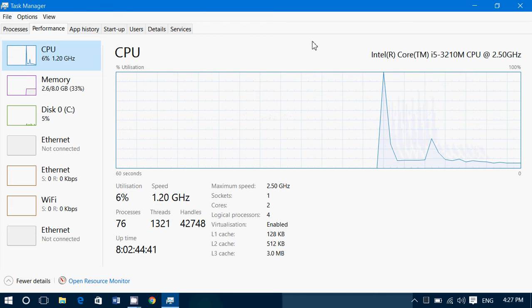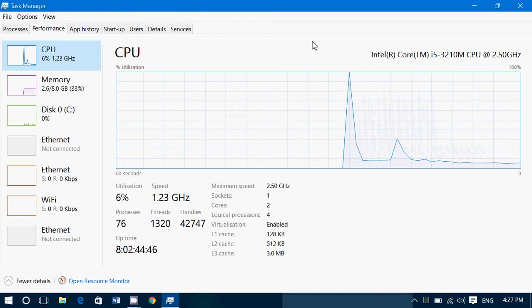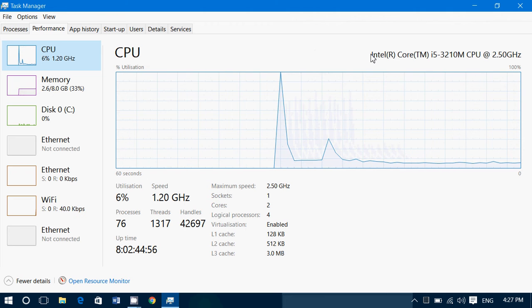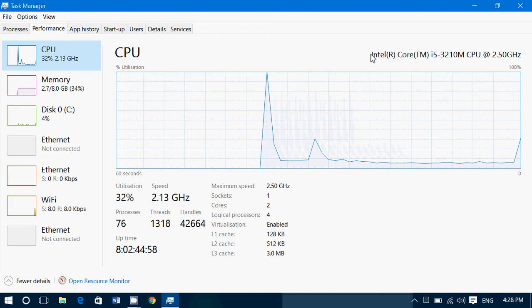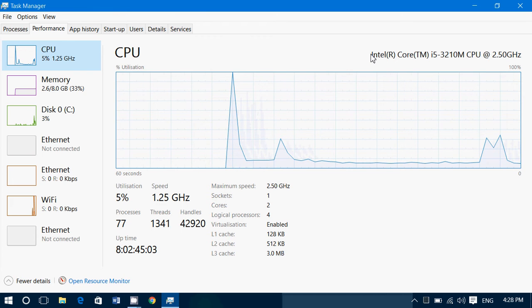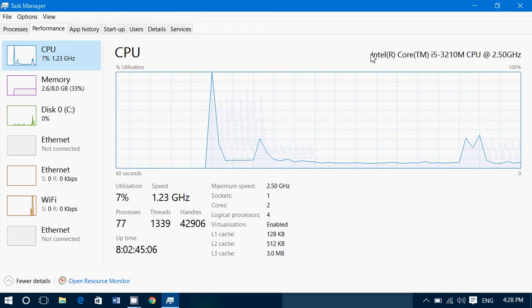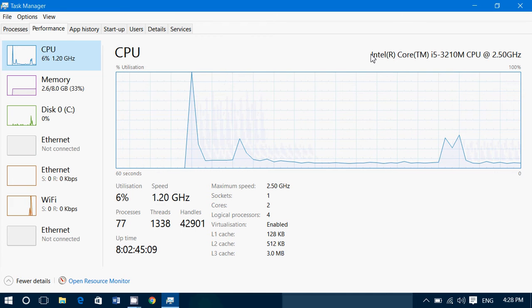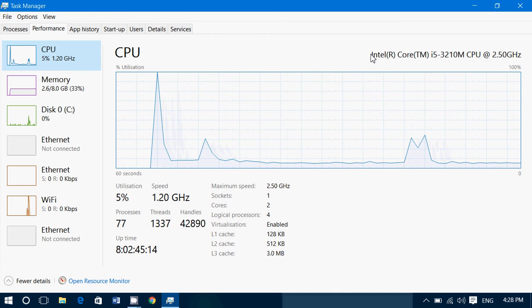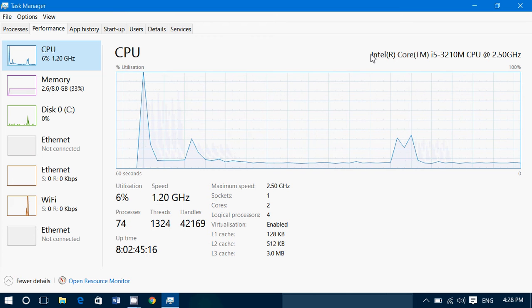your computer. So the CPU, which is the processor, the brain of your computer, is what makes possible all the running programs. First of all, the information you've got is the type of CPU in your machine: Intel Core i5-3210M in my case, running at a maximum speed of 2.5 gigahertz. So that's the information about what type of CPU you have in your computer. You can check it out on the web, see what type of CPU that is. If you Google the information you have there, you'll have lots of information about what it is exactly